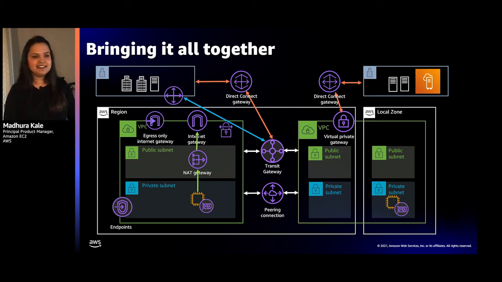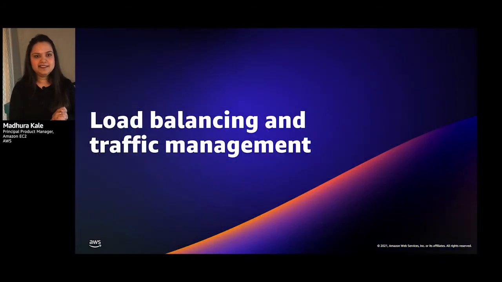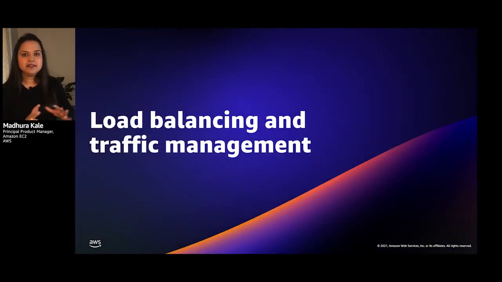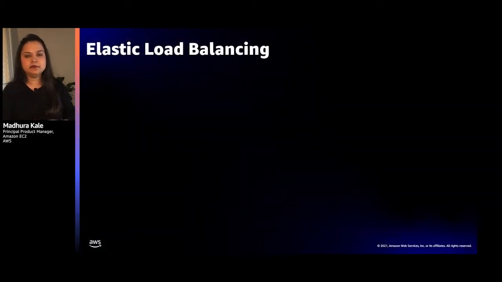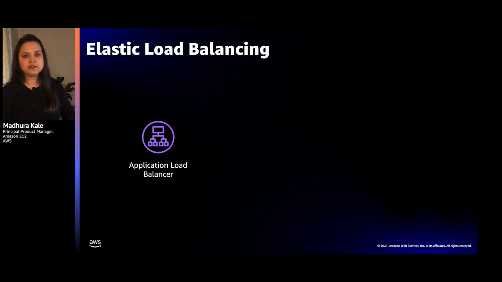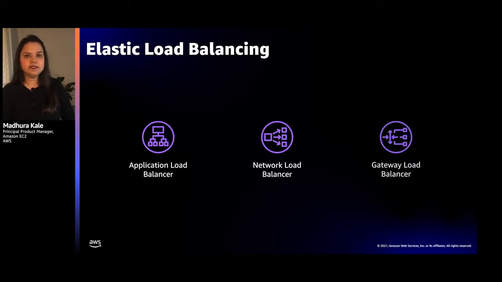That's all our gateways. Now, we are going to get into a section where we're done with connectivity, and now we're going to get into application level networking and how you build the right networking for your apps. First up is elastic load balancing. Highly scalable and available applications always require load balancers. AWS offers three load balancing services: application load balancer for flexible application management, network load balancer for layer 4 load balancing with high performance and static IP addresses, and the gateway load balancer